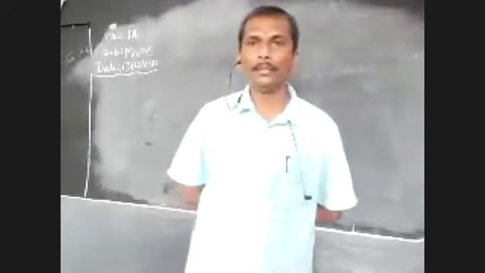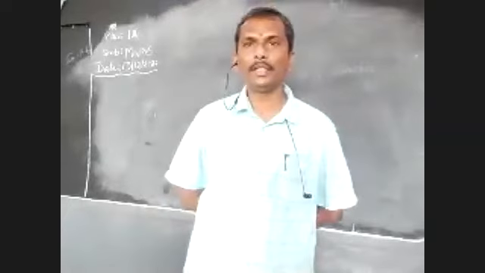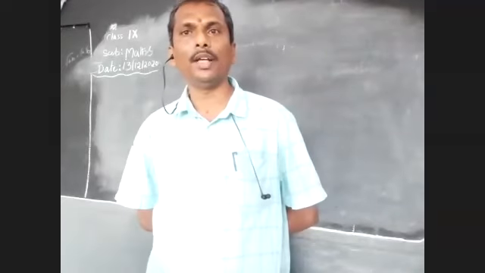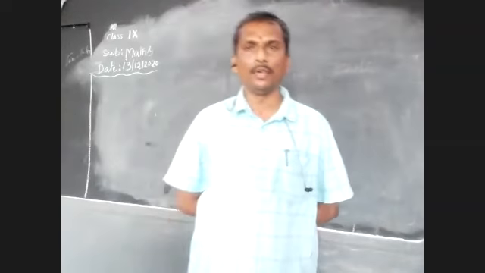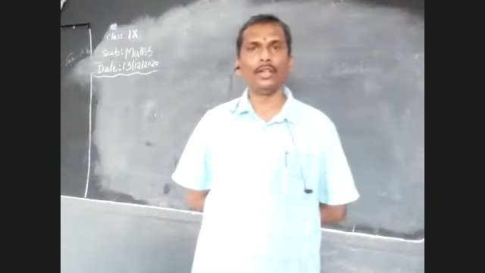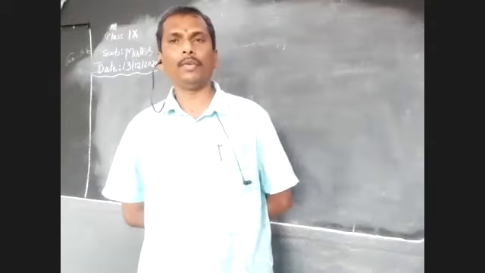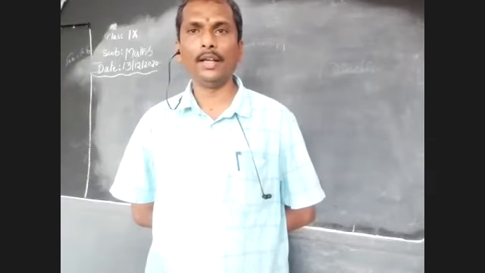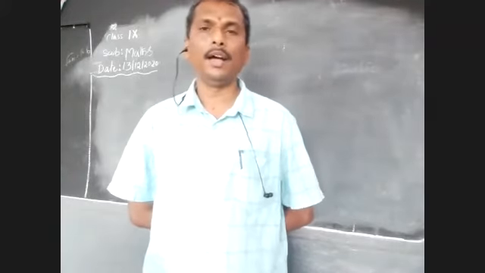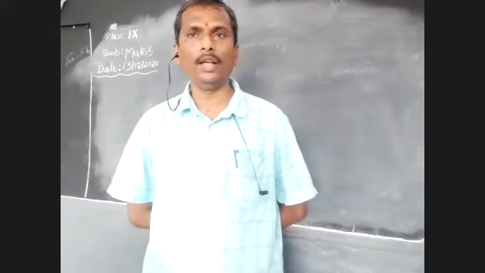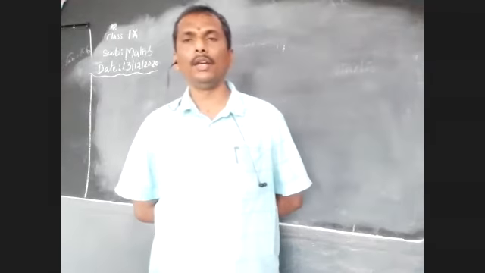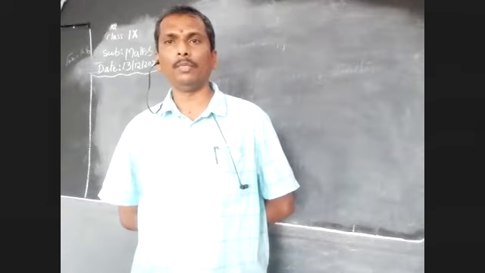Okay, in the previous class, we discussed rationalizing the denominator, and we also used the formulas of the exponent, that is, the laws of exponents. What are the laws of exponents? a to the power of m into a to the power of n equals a to the power of m plus n; a to the power of m by a to the power of n equals a to the power of m minus n; a to the power of 0 equals 1; (a by b) whole to the power of m equals a to the power of m by b to the power of m; a to the power of minus n equals 1 by a to the power of n.